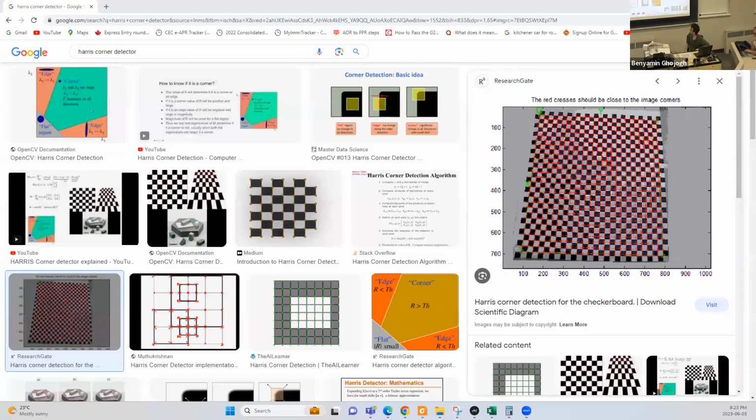Okay, everyone. So just before we continue, the corner detection that I mentioned, I said Hough transform, was something else in computer vision. Harris corner detection. So we have some algorithms for edge detection such as Prewitt, Sobel, and Canny edge detection. These are famous ones. For corner detection, I think the most famous one is Harris corner detection. And as you see, they use checkerboards to find the corners of the